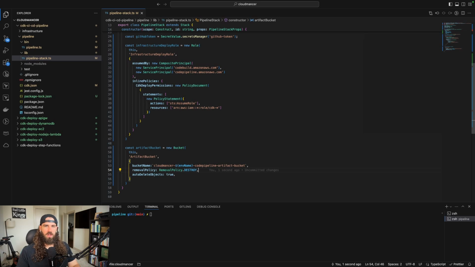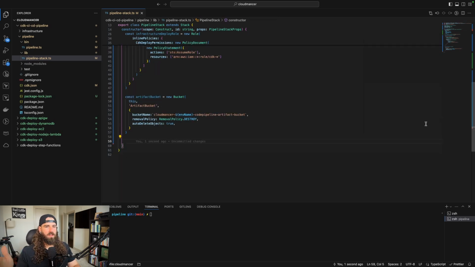By default, buckets are retained when stacks are deleted. In my case, I will probably go and destroy these stacks after I deploy them. So if this is going to be a more permanent pipeline for you, you might want to skip these. All right, so that should be everything that's not the pipeline. So now we can start building all the things that'll be actually used by our CodePipeline.